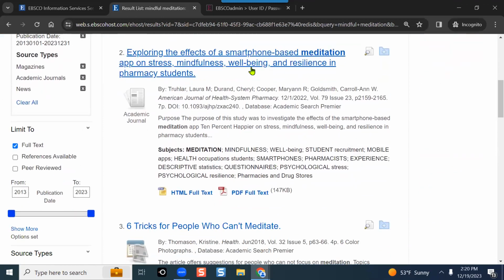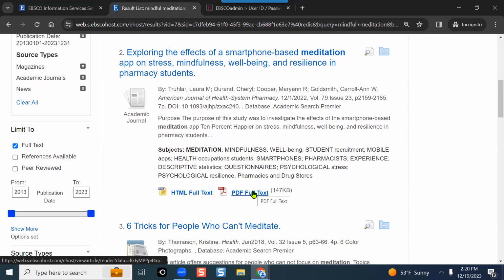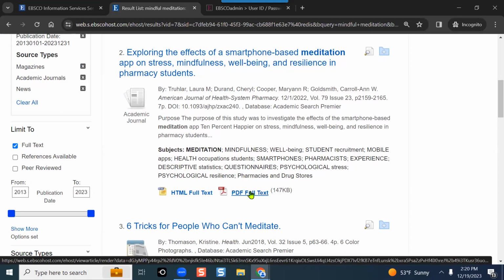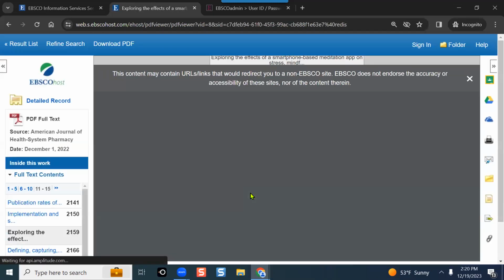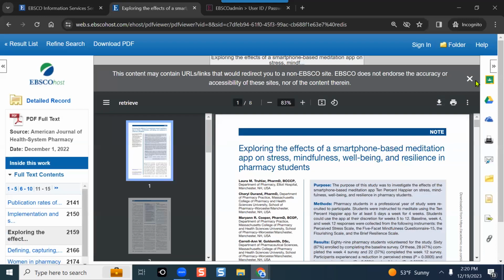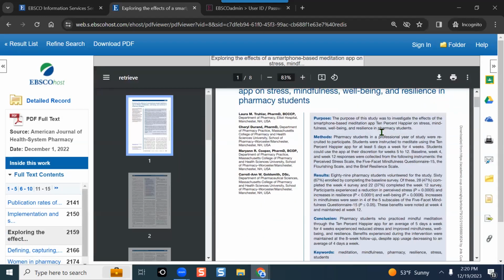Let's take a look at the second resource here, an academic journal. There goes the title. I have two different full text viewing options, HTML and full text. Let's take a look at the two differences quickly. We've got HTML and PDF full text. The PDF is going to show you the article and the way in which it was published, complete with formatting